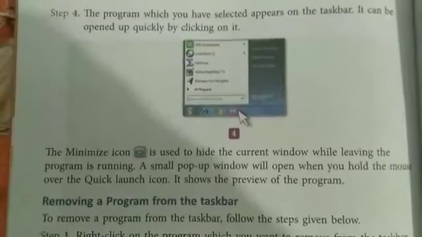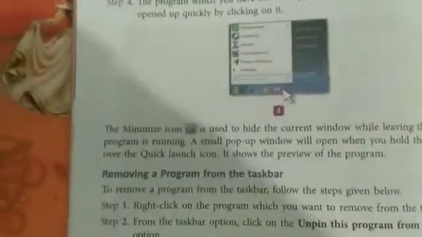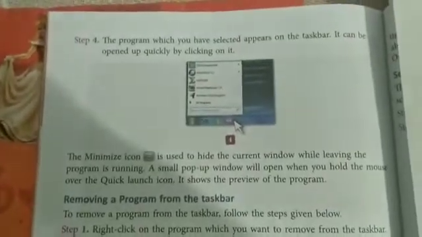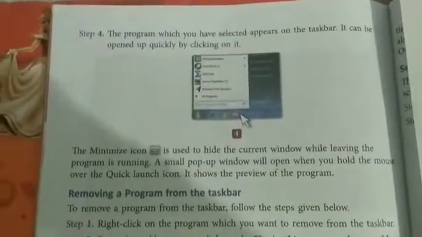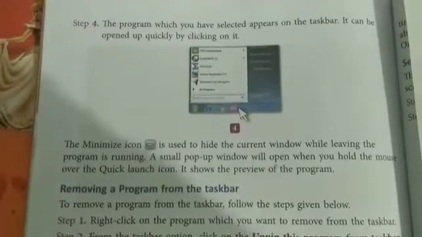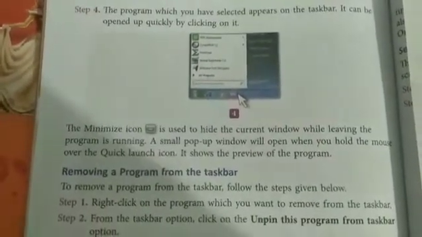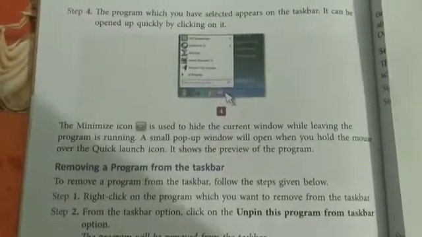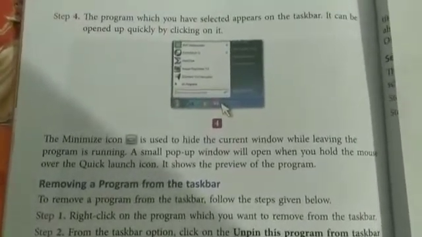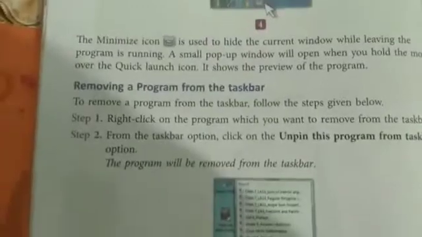When you click on the Pin to taskbar option, the program you have selected appears on the taskbar, and directly from there you can click on that program and open it very quickly.